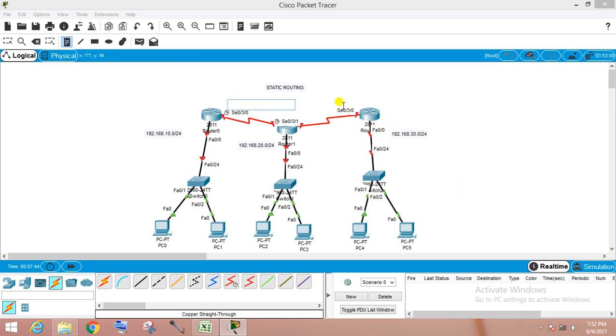For WAN connectivity, I am using 1.0.0.0/8, and here I will give 2.0.0.0/8.